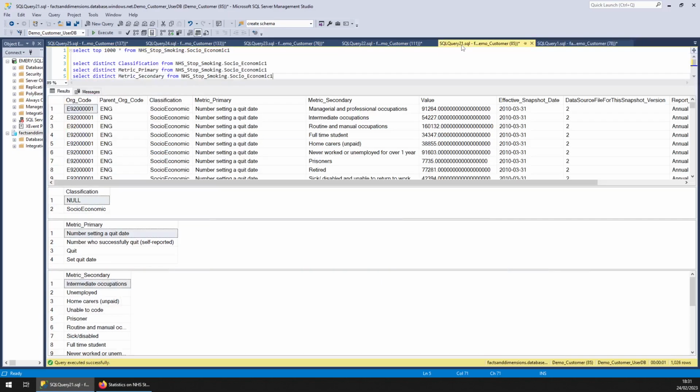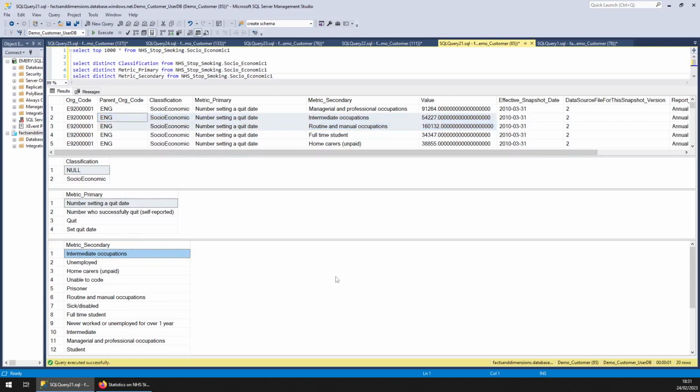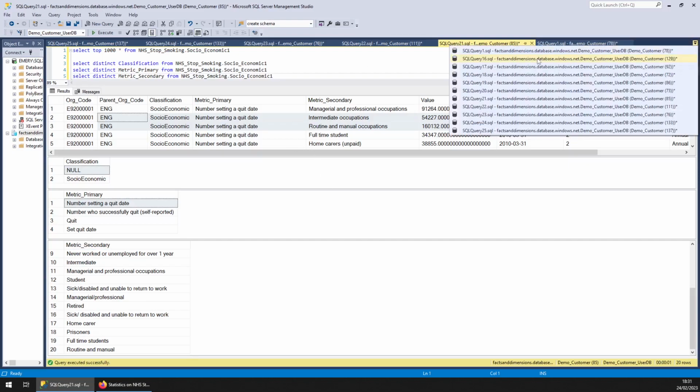So, socioeconomic data. So you can see the data there. So I'm expecting you to just pause the video while I just display what's on here. Here's the secondary metric goes onto a second page. So that's socioeconomic. Then we've got